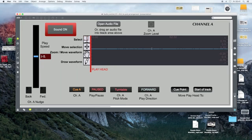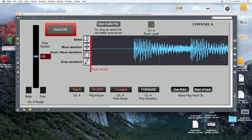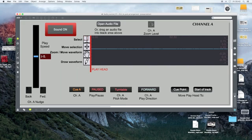So the way that we can get around this to find the beginning of the wave file is to click on this button here, zoom level, and as we can see straight away we get this waveform at the end of the display here. So if I now click it again and again, as we can see, each time that I click the button the zoom level pulls out a little bit further. Now that time that I clicked it didn't actually move, and the reason for this is because the next time I do click we can see that it jumps to the highest level of zoom. So